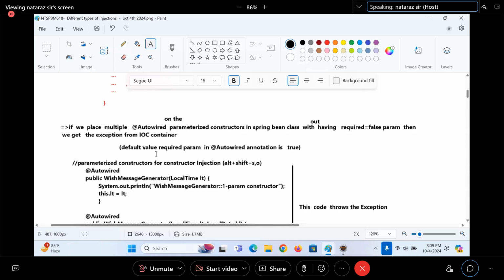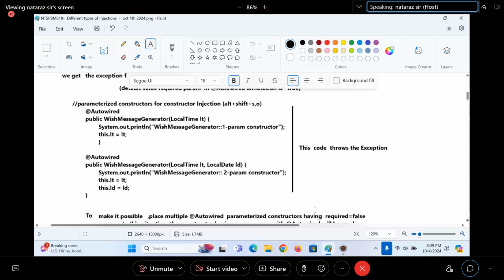The default value of the required param in the @Autowired annotation is what? True, guys. See, guys, what I'm keeping? @Autowired on the one-param constructor, @Autowired on the two-param constructor, both places required true. This code throws an exception or not, guys?